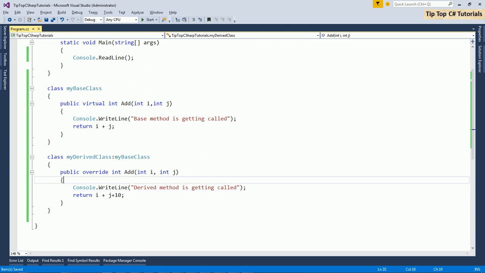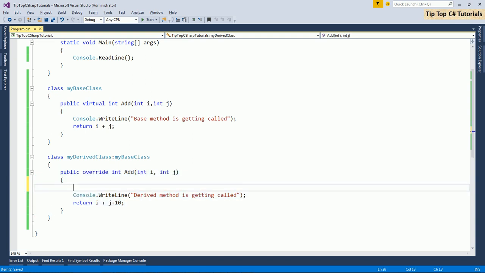Now this is what is dynamic polymorphism, where the base class provides a functionality. Now my derived class can have its own functionality, or it can even call base.Add by passing the same variables as well, where here I am achieving the base functionality, and as well as I am able to provide my own functionality. It's up to us.